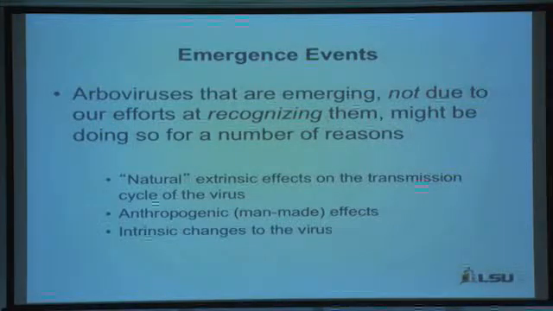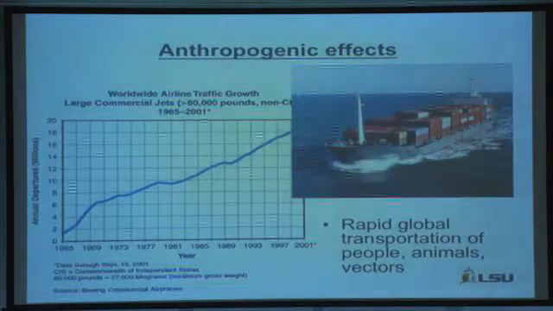We're talking about things that are emerging not necessarily due to our enhanced diagnostic techniques and interest in diagnosing every fever that comes into the hospital, but real things that are changing the transmission cycle and the efficiency of that transmission cycle for these viruses. These can be natural extrinsic effects on the cycle of the virus. They can be man-made effects on the virus ecology, and they can be intrinsic changes to the virus itself. So some examples include,